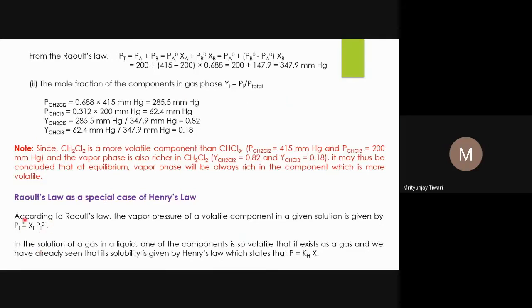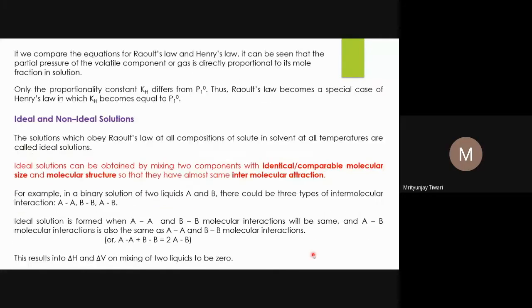As in Raoult's law, you can see Pi is equal to Xi P naught i. Here P naught i is the proportionality constant. In Henry's law, Pi is also the partial pressure, of any gas. If it is gas i, then Pi is equal to K times Xi, where K is a constant. The only difference is the constant that we have seen in the two cases.